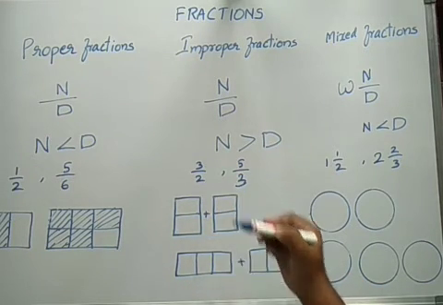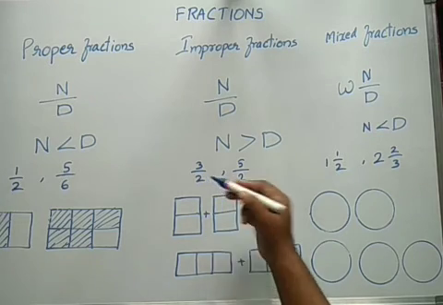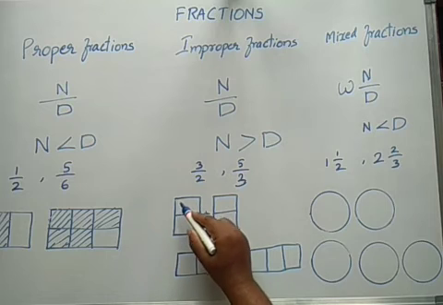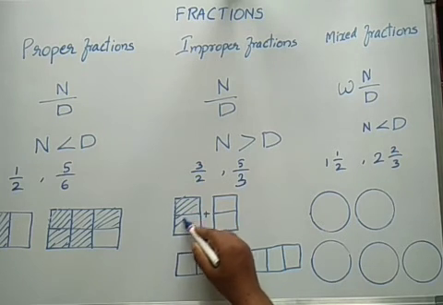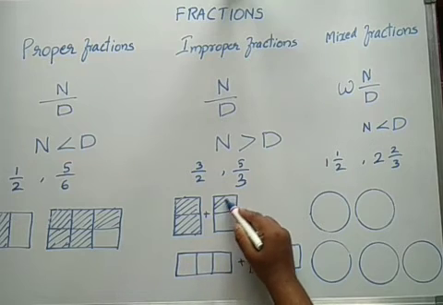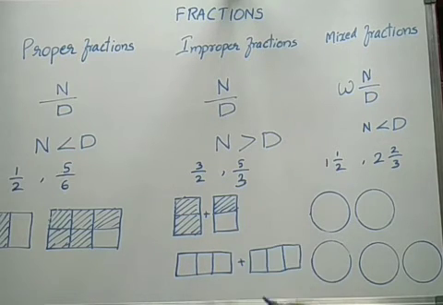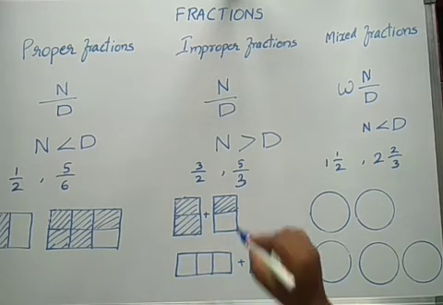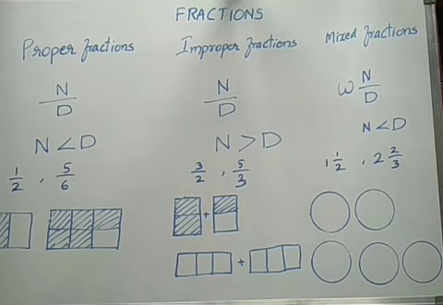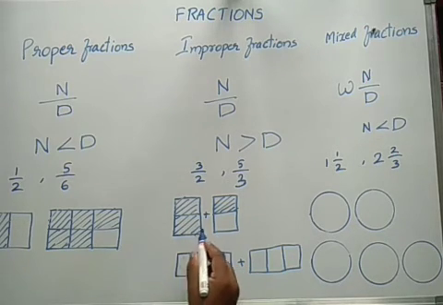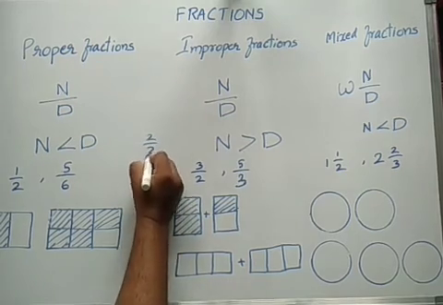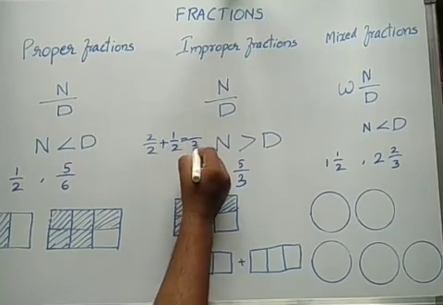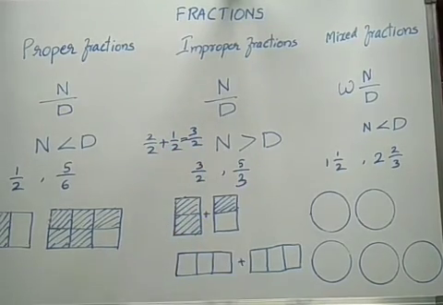Here 3 by 2. 2 means that's the total number of parts is 2. So here, 3 means, see, this total figure plus in that figure half. So total together 3 by 2. How? I'll explain here. This is 2 by 2 and plus 1 by 2. Total together, the denominator is the same. So this is 3 by 2.